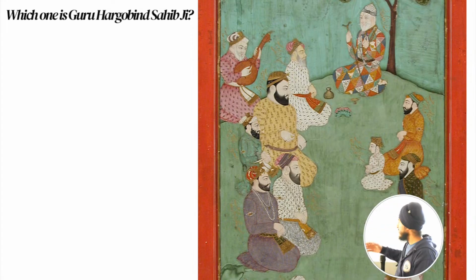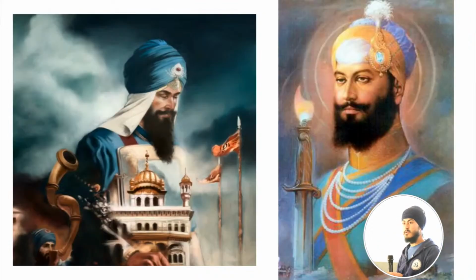But then these are the modern day depictions of Guru Sahib. So this one was done by Arch Punjab, who does a lot of amazing work. But you can see the difference from the historical images that we've just seen compared to these now, where this one could arguably be Guru Gobind Singh Ji as well. They both could.